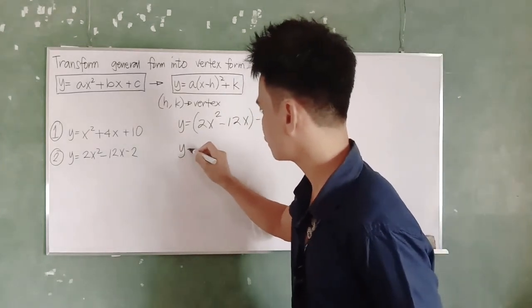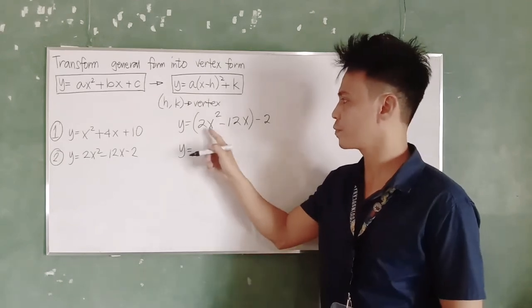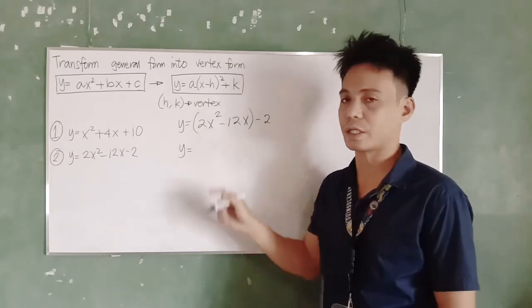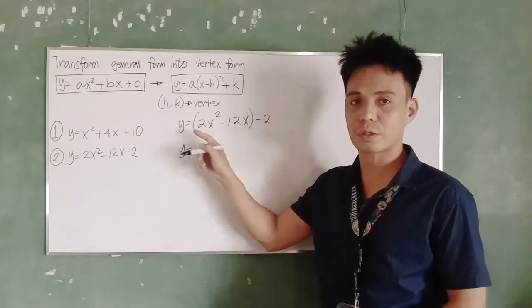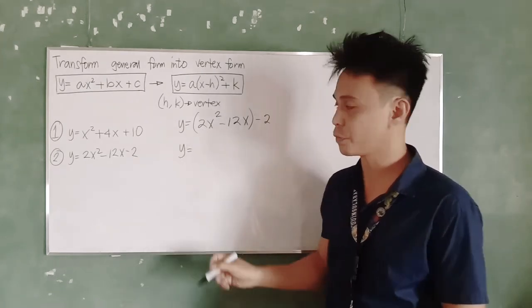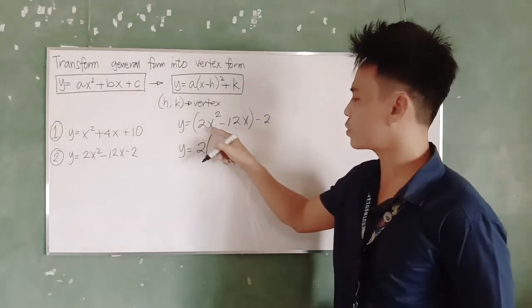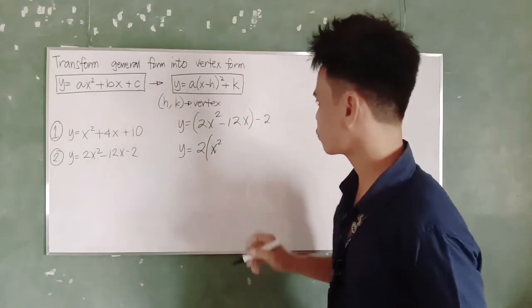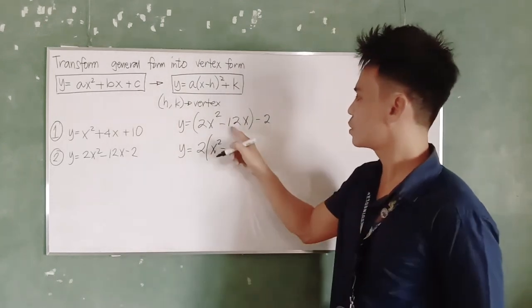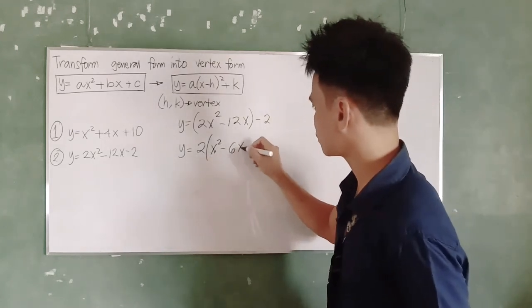So therefore, take note guys, take note lang natin na since our regrouped variable x can be factored out, kasi pwede ma-factored out yan, so lalabas natin yung 2. So therefore, factor is 2 sa labas. So 2x squared divided by 2 is x squared. So this is x squared minus 12 divided by 2 is 6x. So this is 6x